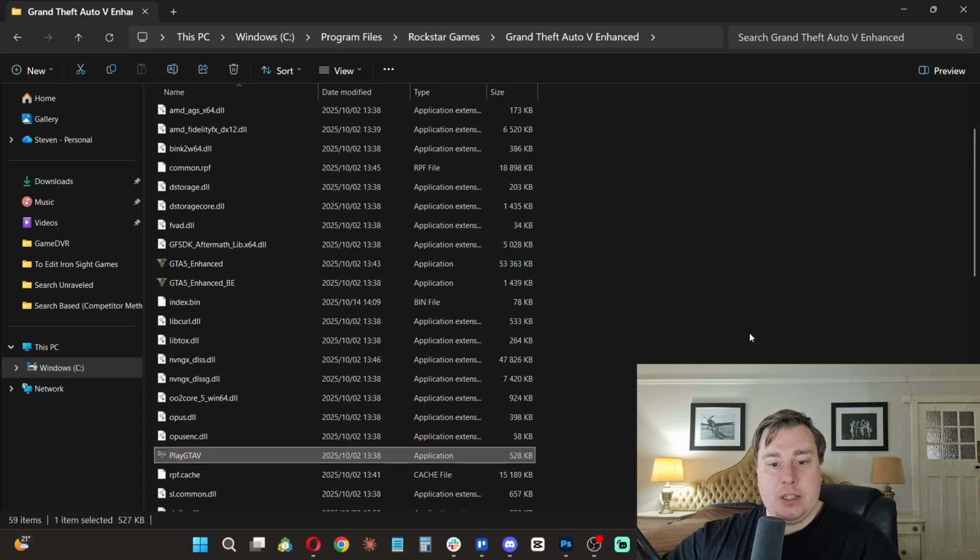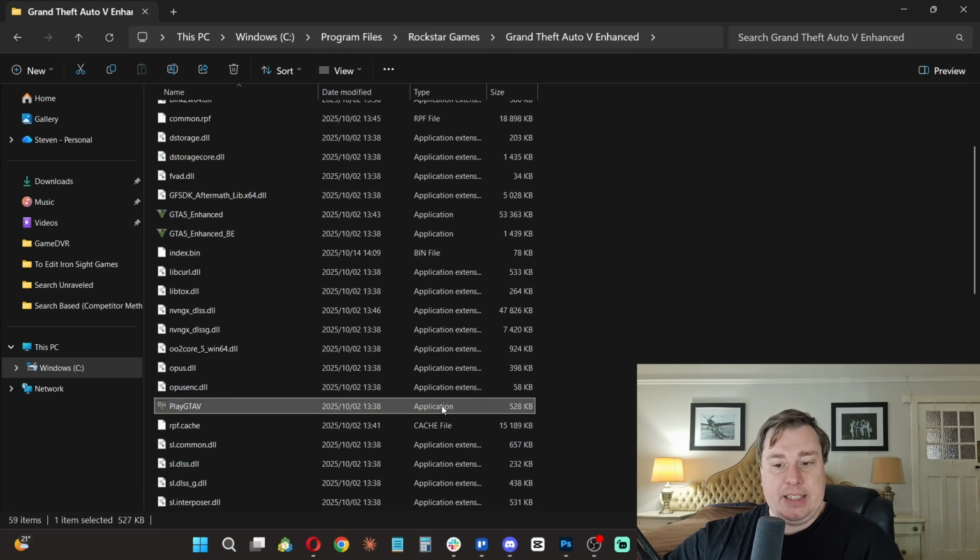So all you need to do is locate, this is common on games such as GTA 5, your GTA 5. It's normally Windows, C, Program Files, Rockstar Games, and then Grand Theft Auto. You can see there's the application file that I have right here. This isn't fully installed, but if it was installed, you'll be able to see that you get